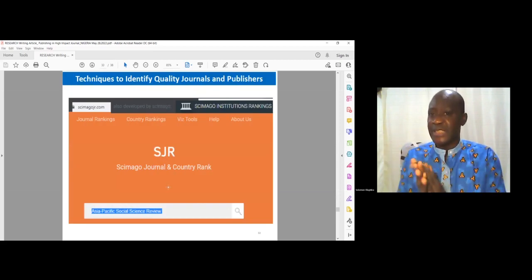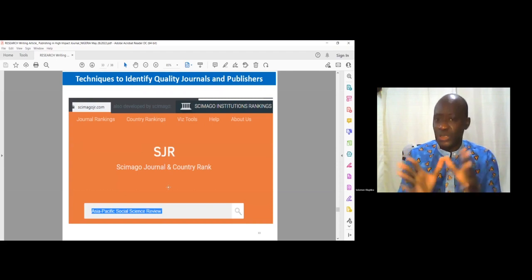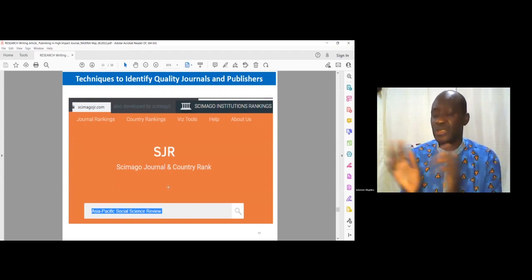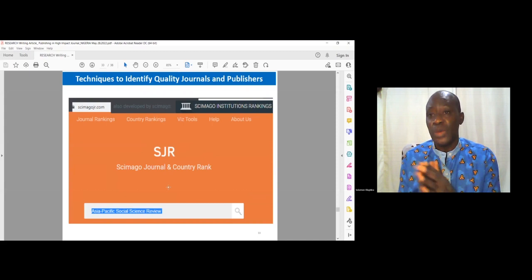Okay, this is the technique we are talking about. This is how the SCImago page will look. My brother, my sister, just look at this one, grab it. Before you publish in any journal, try and check SCImago. It's not a bad thing. And then we also have WOS, Web of Science, the same approach. You can make it your own number 4. I'm not using Web of Science as such, but these three are enough for me to confirm: SCImago, Scopus, and the predatory list. Then I am safe.